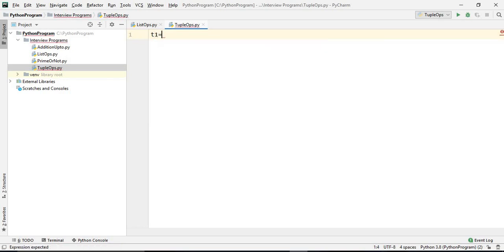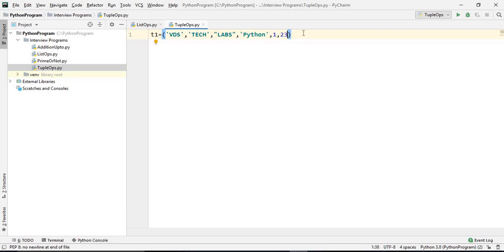T1 equals to VDS, Tech, Labs, Python, 1, 2, 3.